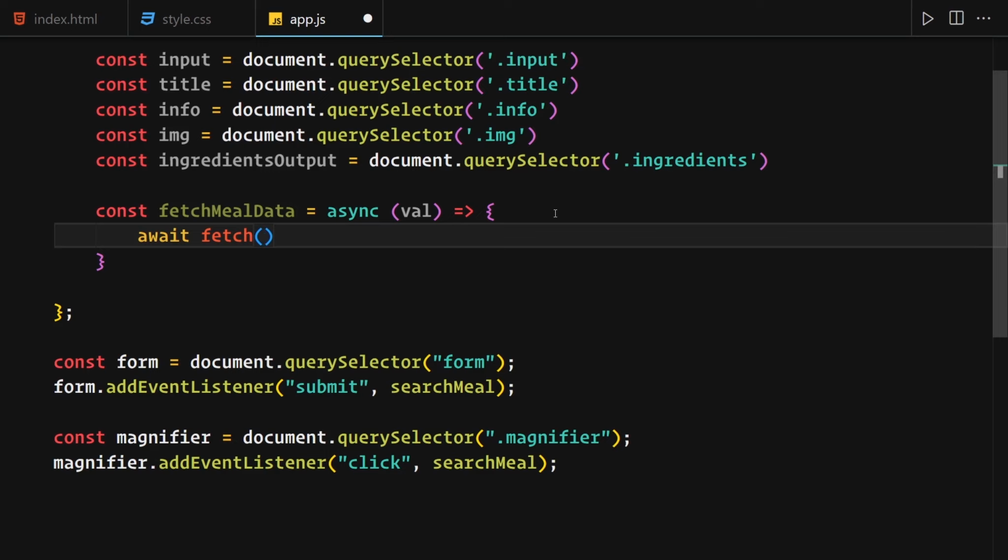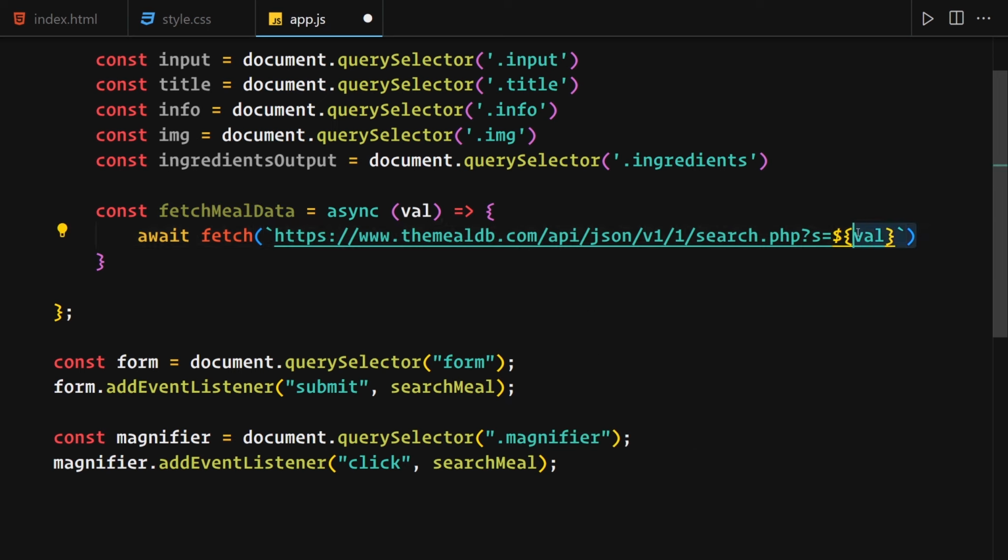I'm going to just specify my API right here, which will be https://www.themealdb.com, not themeal.api, but TheMealDB. There we go. Yep, that's fine. Then we have .com/api/json/v1/1/search.php? And then we have s,